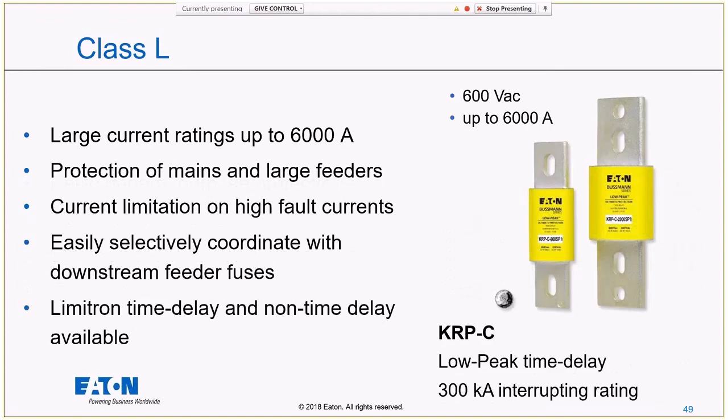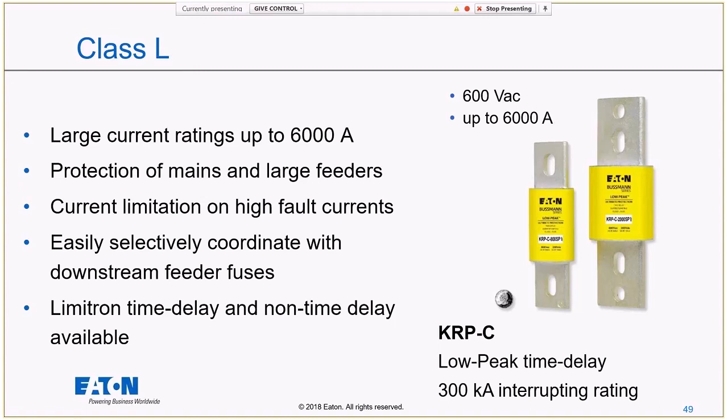Then we've got the Class L fuses. So these are the big guys, right? So up to this point, when we're talking Class J, RK1, RK5, those only go up to 600 amps. Well, what do we do above 600 amps? Class L. Class L goes from 601 amps up to 6,000 amps. They're all 600 volt rated,